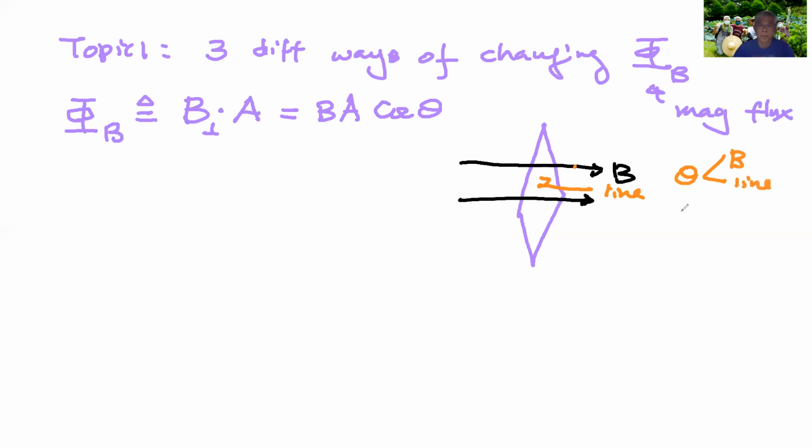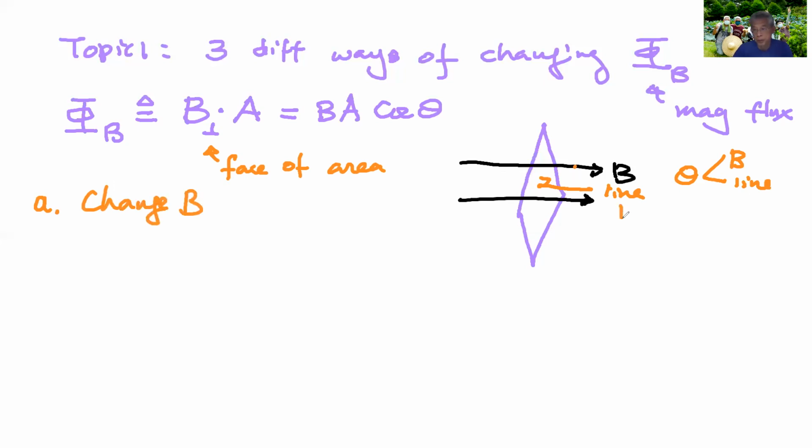Okay? So when we say this B is perpendicular to A, we're talking about the area's face. When we say this perpendicular, it's perpendicular to the face of the area. All right, so what are the different ways of changing phi B? So the first way is to change B,